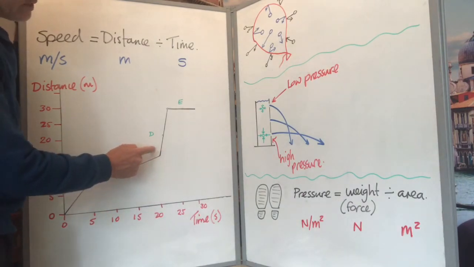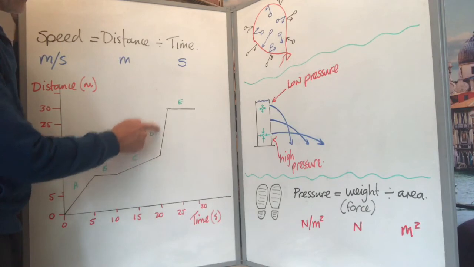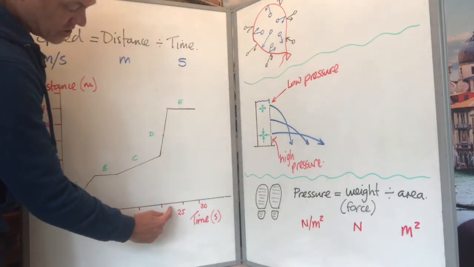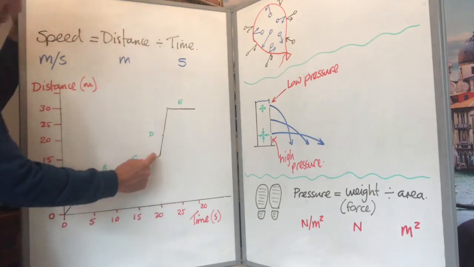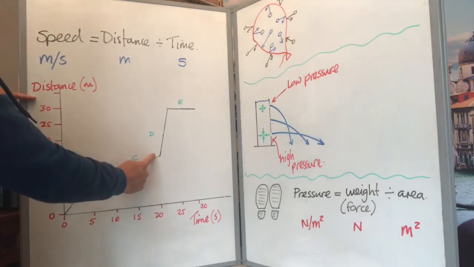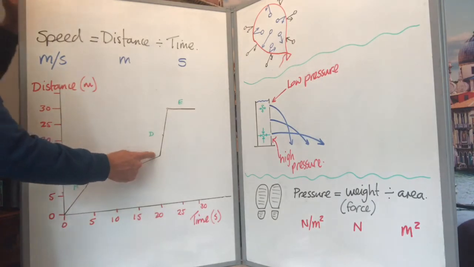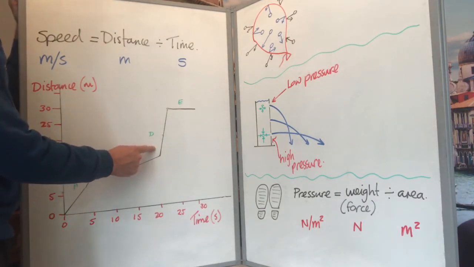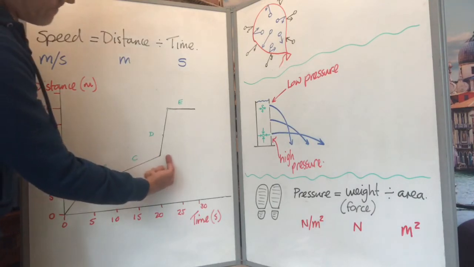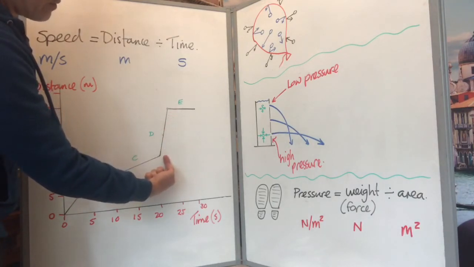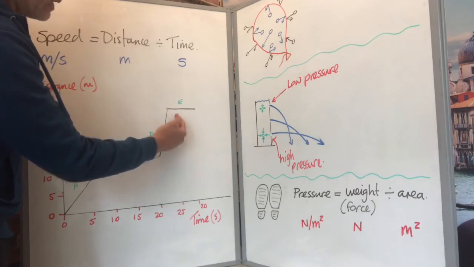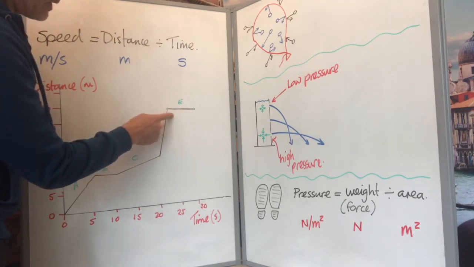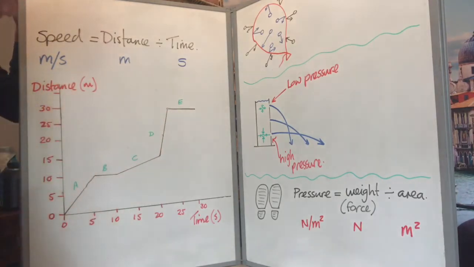So section D, we see something that scares us, so we run like a bat out of hell, and for the next 2 seconds we travel a distance of 20 meters nearly. So 20 meters in 2 seconds is 10 meters per second. So that's Olympic standard, okay? So a very steep line means we're traveling very fast. And then we stop moving here because we run out of breath, probably collapsed, and we're not moving, stage E,